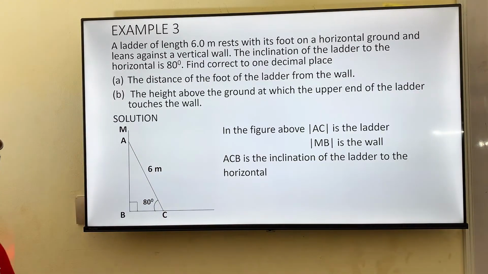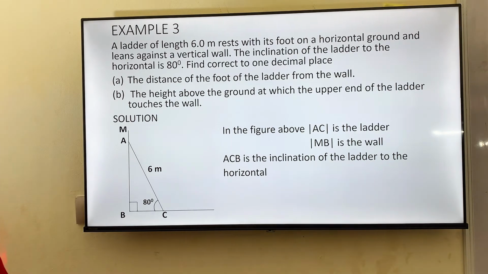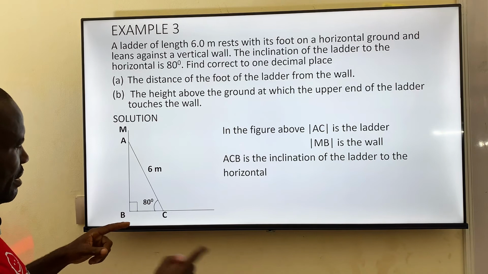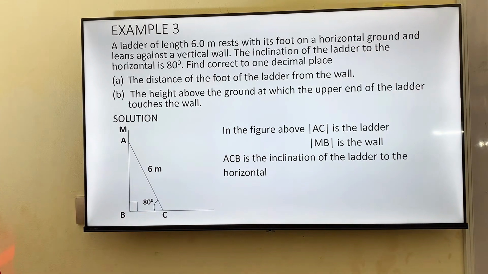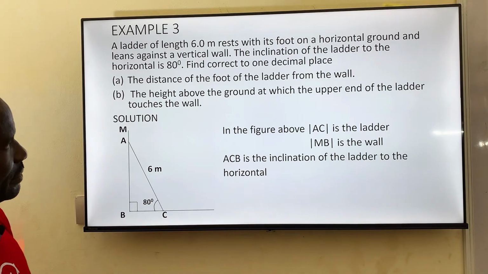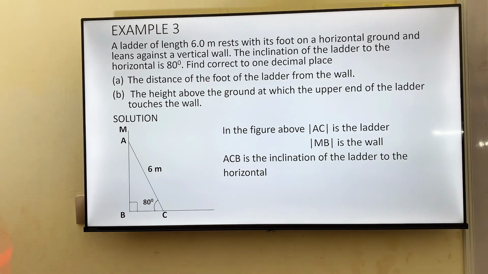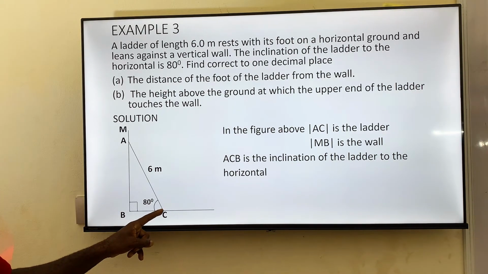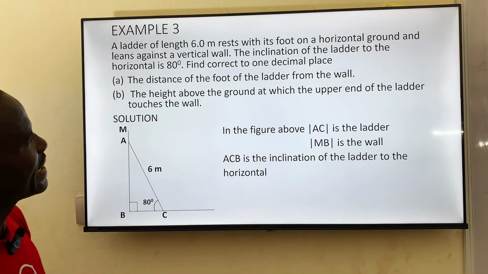A ladder of length 6 meters rests with its foot on a horizontal ground. This is taken as a ladder 6 meters resting on a horizontal ground. The inclination of the ladder, that is the angle of inclination, is 80 degrees from the foot. 80 degrees, that is the slant is at 80 degrees. Find, correct